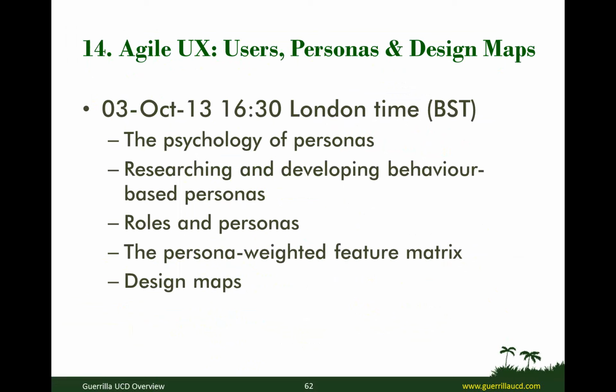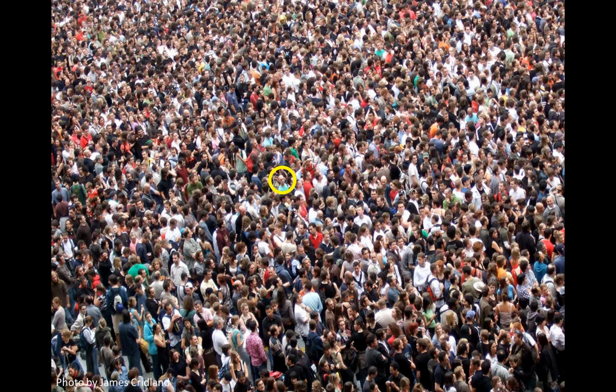Session 14, Agile User Experience, looking at user research, personas, and design maps. So we spend a little bit more time going into some of the detail here, and particularly talking about these tools called personas and persona stories, and something called a persona weighted feature matrix, which we'll go into more detail about. And the fact that our brains are wired to be empathetic about individuals, not large groups of people. So this guy